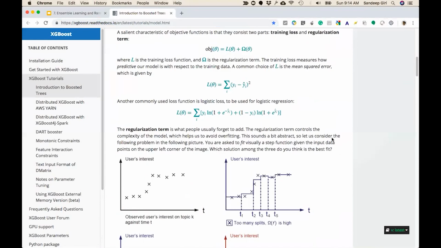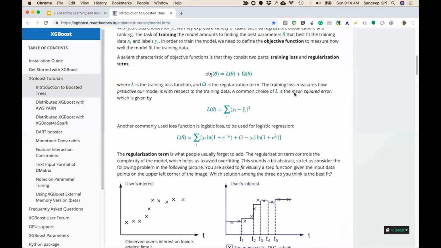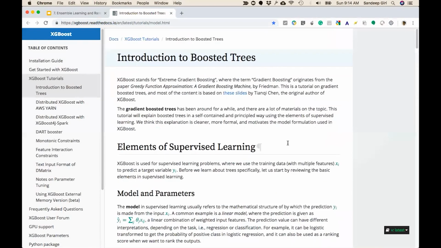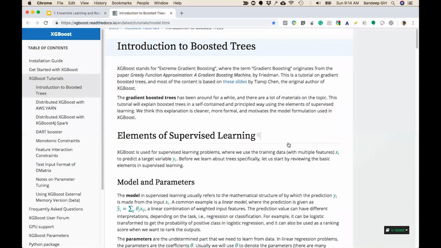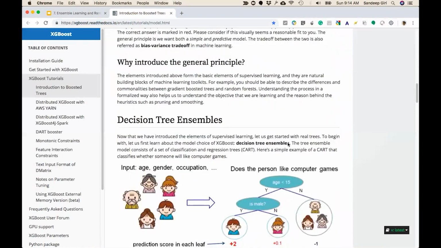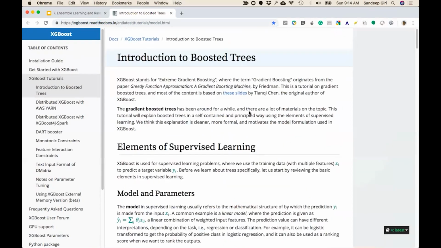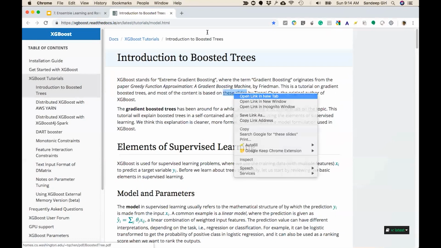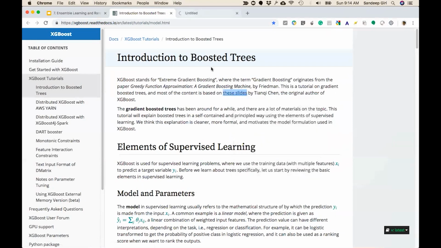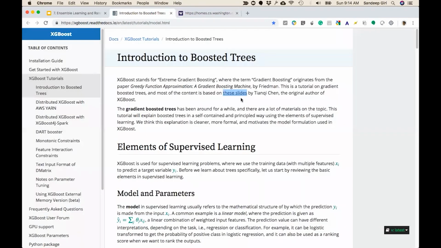All right. And this tutorial is actually wonderful. It's actually really well written. There are some parts that may not be very clear to you, so I'll just walk you through this tutorial. Probably you can spend some time understanding what it is. So I'll just take the author of XGBoost, Tianqi Chen,